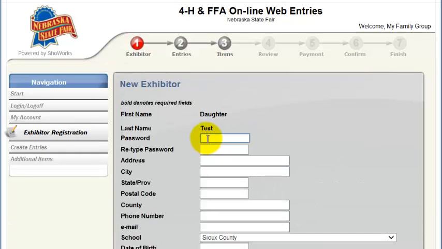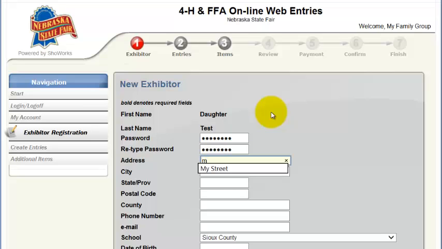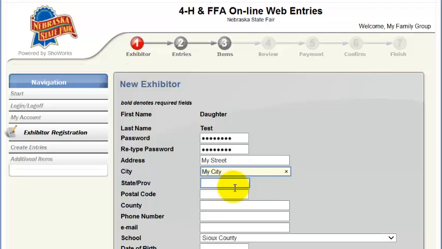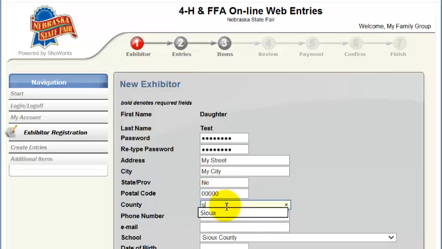Now we need to add information about this new exhibitor. We need to create a password. Can be the same as your other passwords. Retype the password, add your address, city, state, and zip. Next, add the county that you participate in the 4-H or FFA program. Add your phone number, an email address,